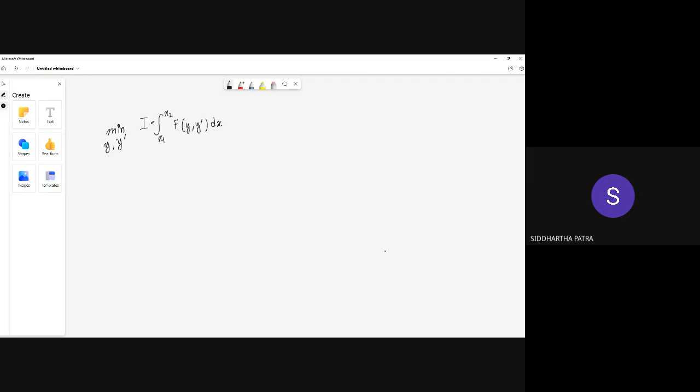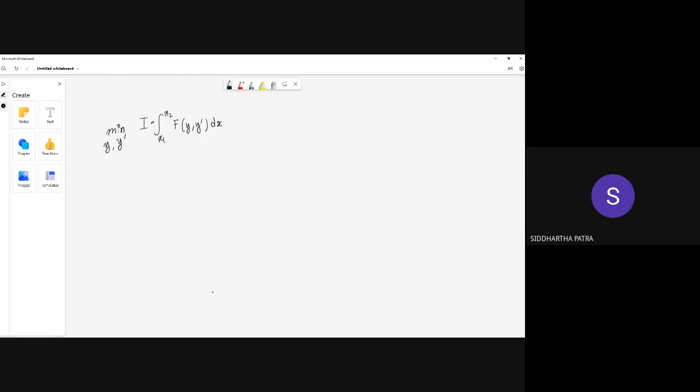So this is the problem in hand, and we do not know what sort of function y is, and for that we used the Euler-Lagrange equation. And so we derived that the Euler-Lagrange equation basically gives us the differential equation from which we can get the minima for this functional. Now, one other way to look into this problem could be through variations.